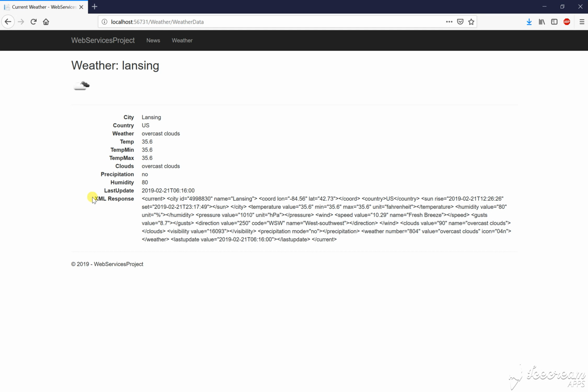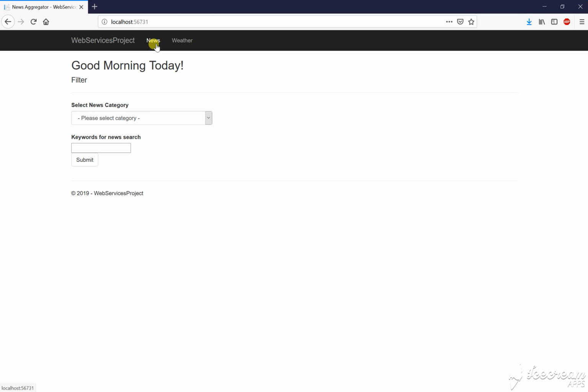So now previously I added a breakpoint to show the raw data that we are getting. Here I am displaying the XML response which I am getting and which I am using to show the data here, so that we can just cross check. So this was what my demo was. If we